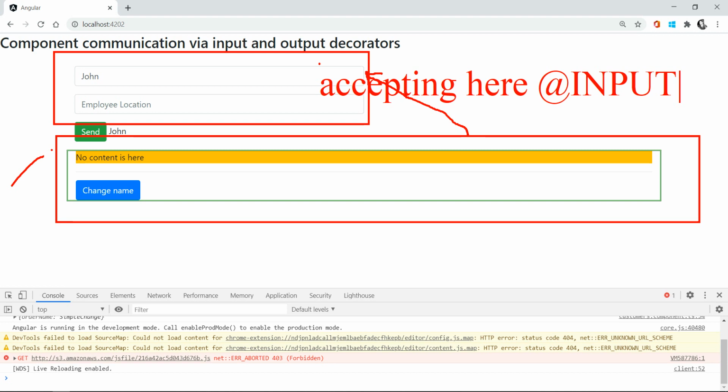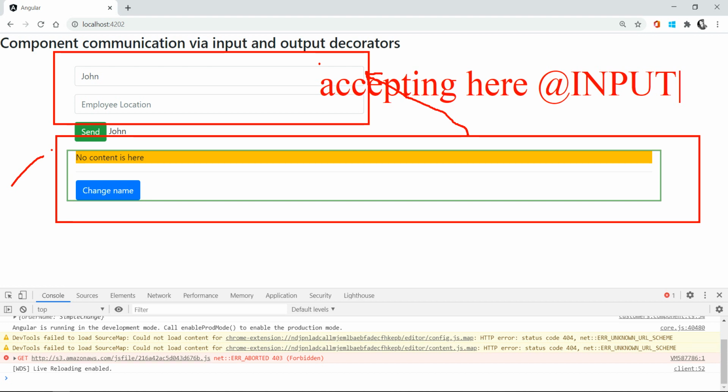Accepting here means I am taking the input parameter, which is nothing but the order name, let's say. You can give any kind of name.